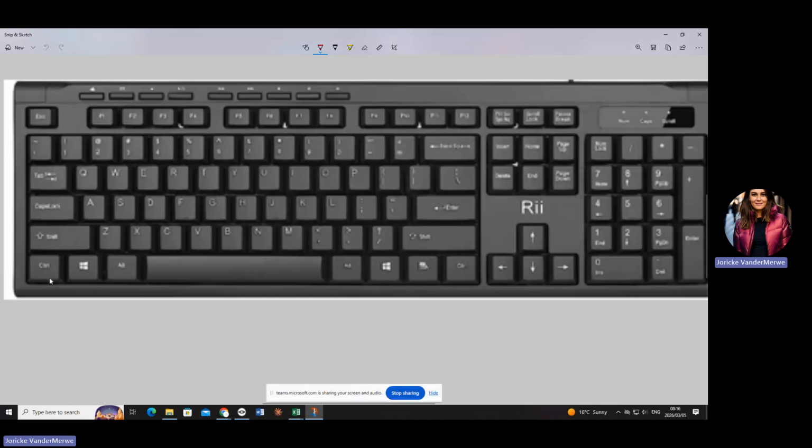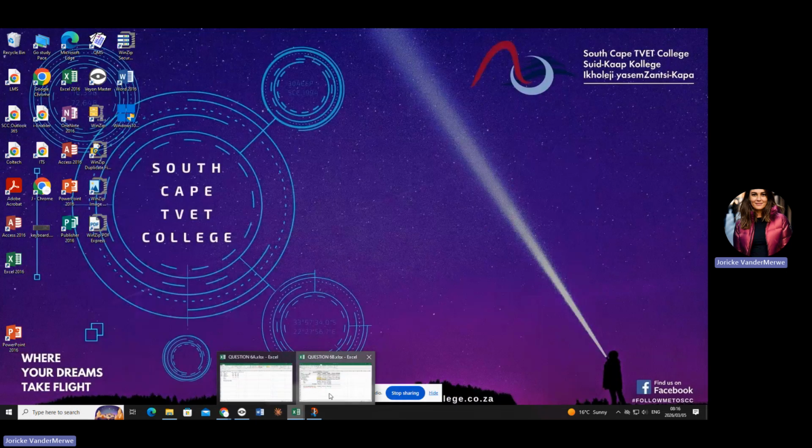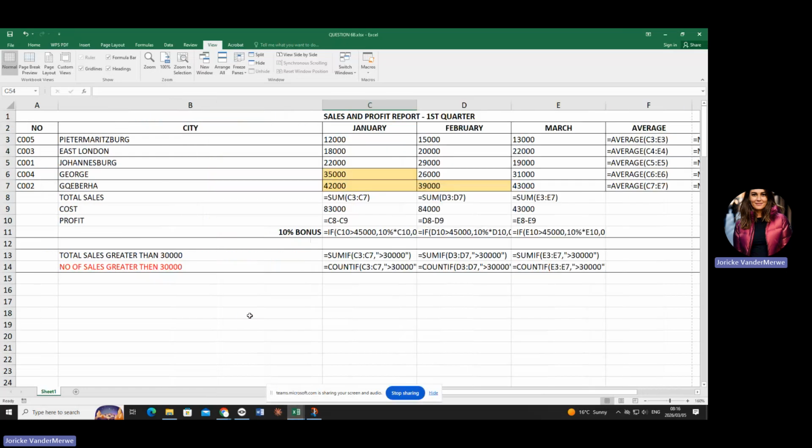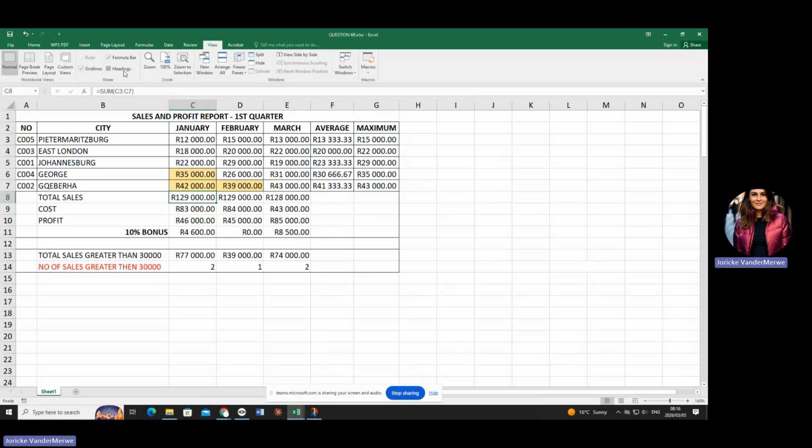Now, if you press control and then that button over there, you are going to get the show formula. So if you quickly look at my screen, I'm pressing control and then I'm pressing that. Can you see all of the formulas I've ever used in this spreadsheet is showing now? Can you see that? Okay, I know not everybody is fond of shortcuts, and that's okay. Then there's another way. You're going to go to formulas. Can you see there? And then you're going to just say show formulas.